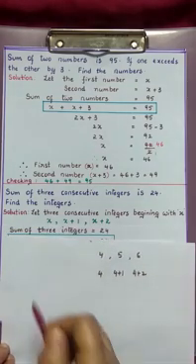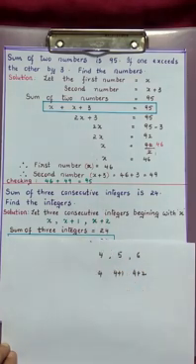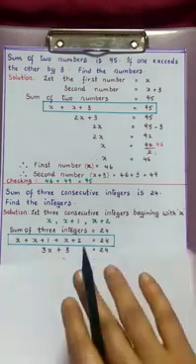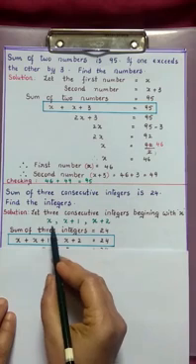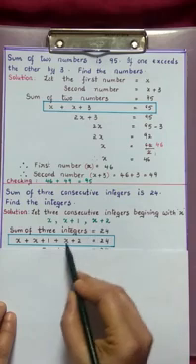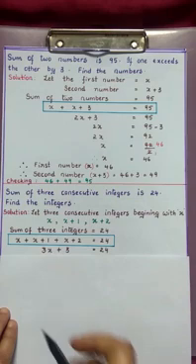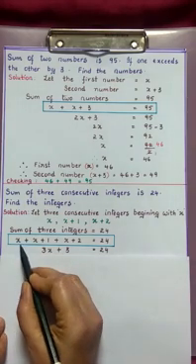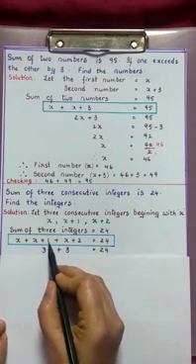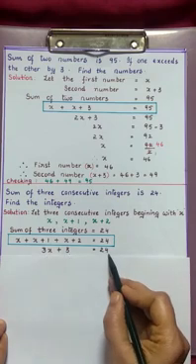Now according to the problem, they given sum of three consecutive integers is 24. Then what will we do here? We add all these three integers. Now let us add here. First x plus second integer x plus 1 plus third integer x plus 2 which is equal to 24. Now first we have to add the variables. How many x's do we have? 1x, 1x, 1x, total 3. So 3x plus, next you add the constants, 1 plus 2 which is 3. Now 3x plus 3 is equal to 24.